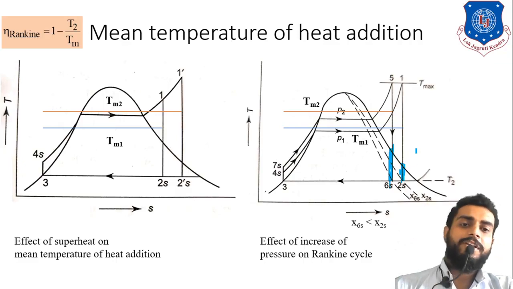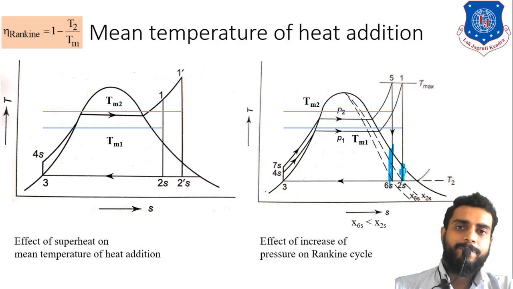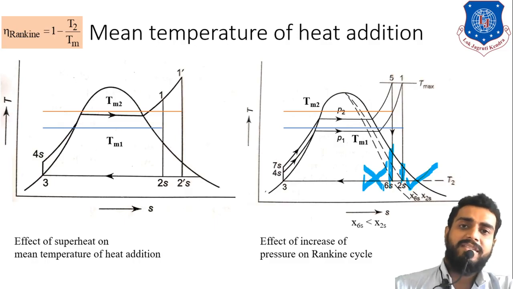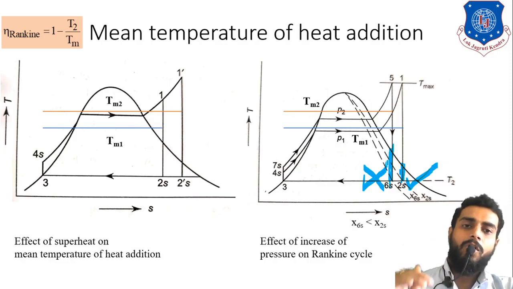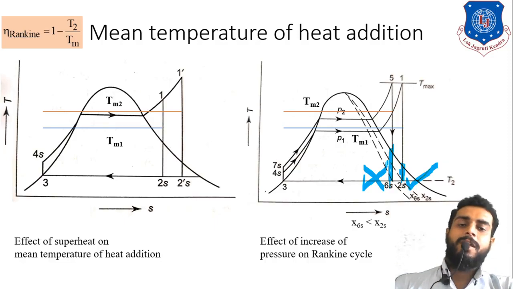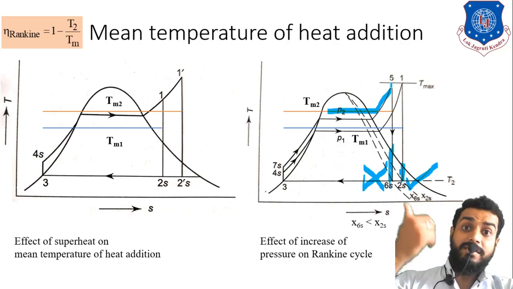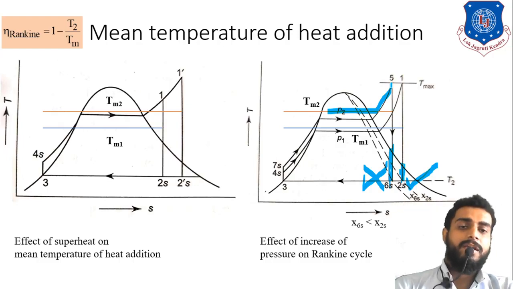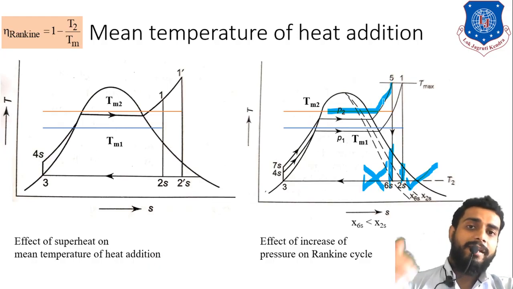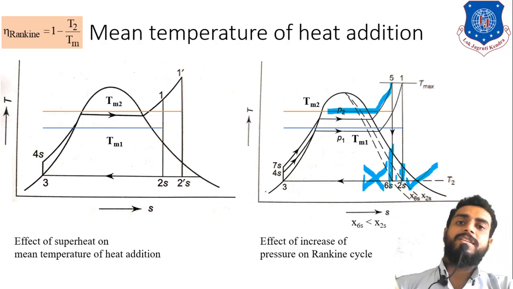Now you tell me which turbine will have more life. Obviously the turbine having less wet steam, that means this turbine will have more life and this turbine will have less life, right? Sir, why is it so? Because you can see over here, this turbine is exposed to more wet steam because of the increase of the mean heat addition pressure. Just understand this logically, this is very important. So by increasing the pressure, the wetness of the steam is also increasing. That is the problem, that shall not happen.